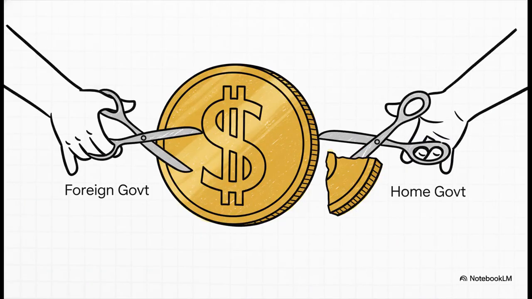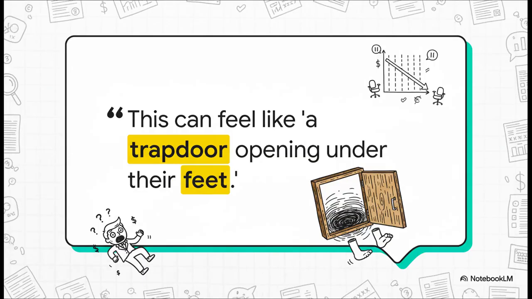And it gets worse. You could actually end up facing double taxation. Yep, you pay that withholding tax in a foreign country, and then you still owe taxes on that very same income back home. Now, tax treaties are supposed to prevent this, but they don't always work perfectly, leaving you to pay twice on the same dollar. It's a nightmare. For a founder, an unexpected tax bill this big isn't just a cost. It's a massive shock to the system. The source material describes it perfectly as a trapdoor. One minute, you're confidently striding forward, planning your next hire or expansion, and the next, the floor just opens up from under you, throwing your whole growth strategy off course.